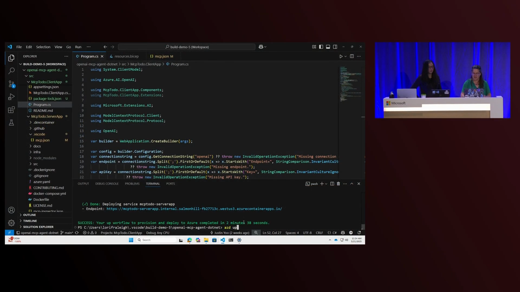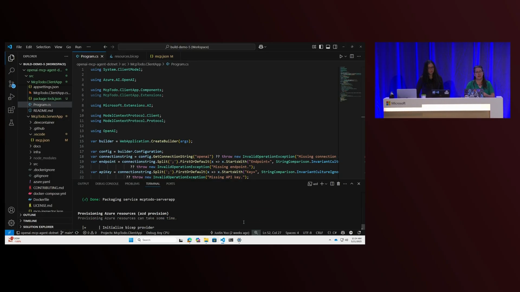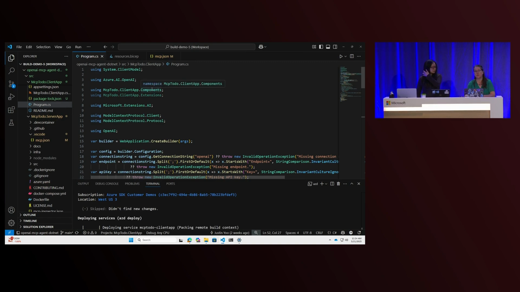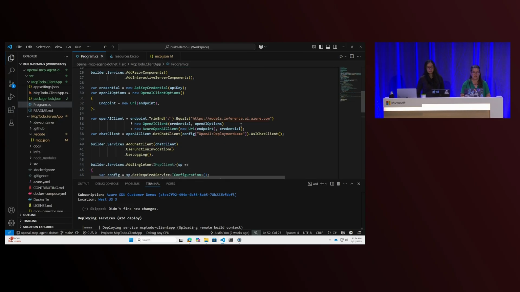I'm going to start AZD up so that can get going while we're talking. Microsoft works with both OpenAI and Anthropic to contribute to the official .NET implementations of the OpenAI library, as well as the MCP SDK. In our client program, we're leveraging both to get started. We also have an Azure extension for OpenAI that helps us build a secure deployment in Azure. So you can see as we go down, we're leveraging the inference endpoint.